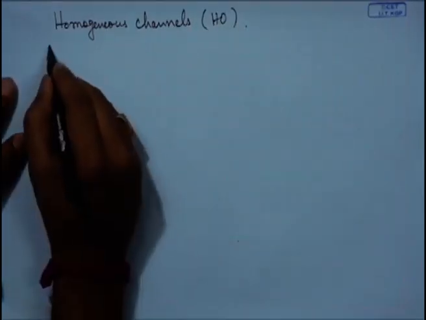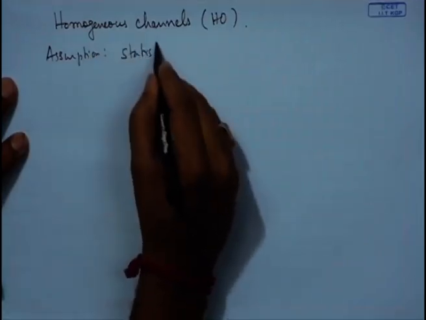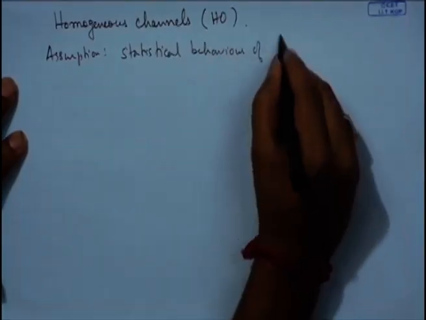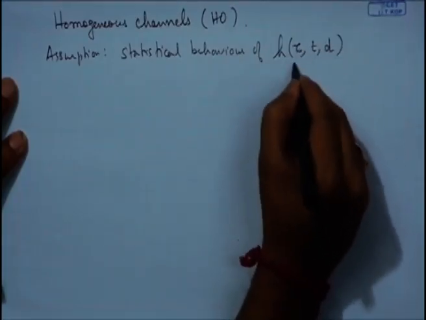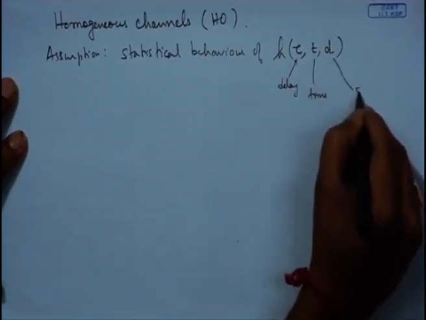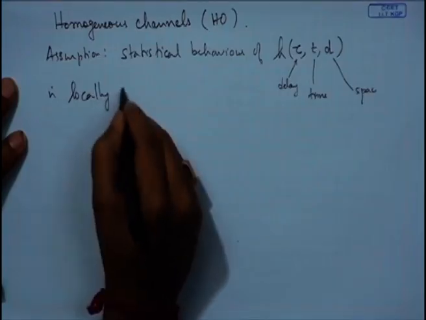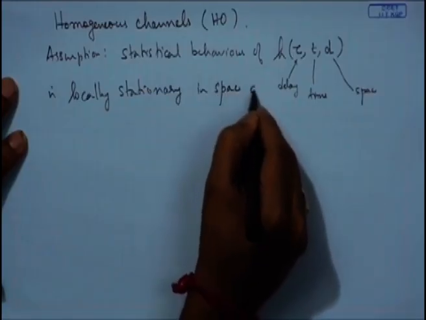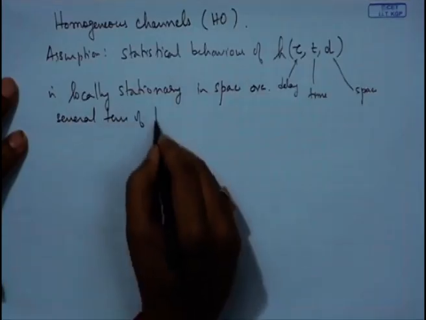So, here the assumption that we make is that the statistical behavior of h of tau, t, d. Now, we have the third dimension. This is the delay, this is the time, this is the space, is locally stationary in space over several tens of